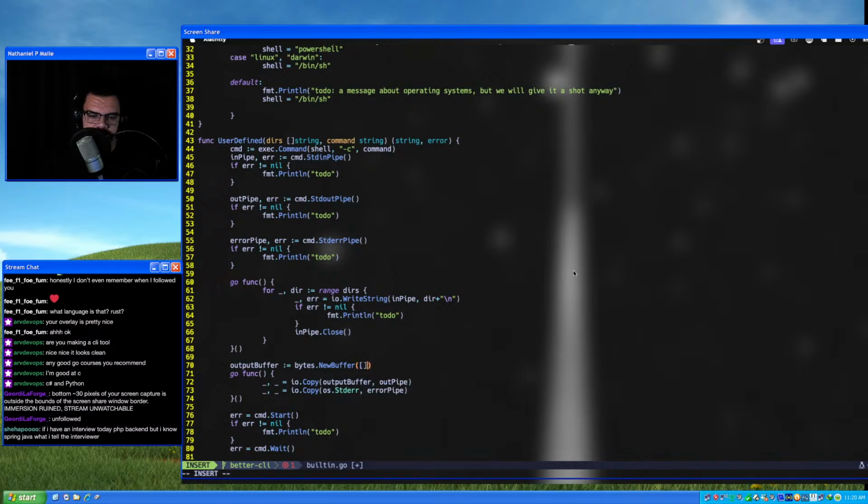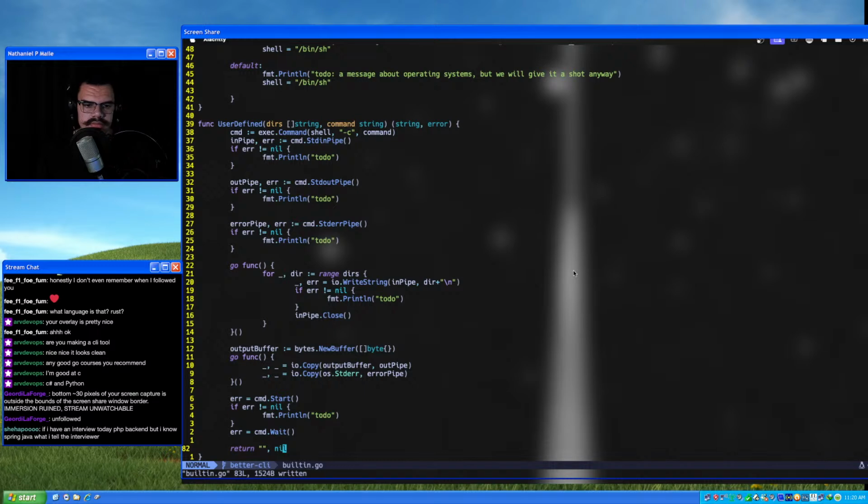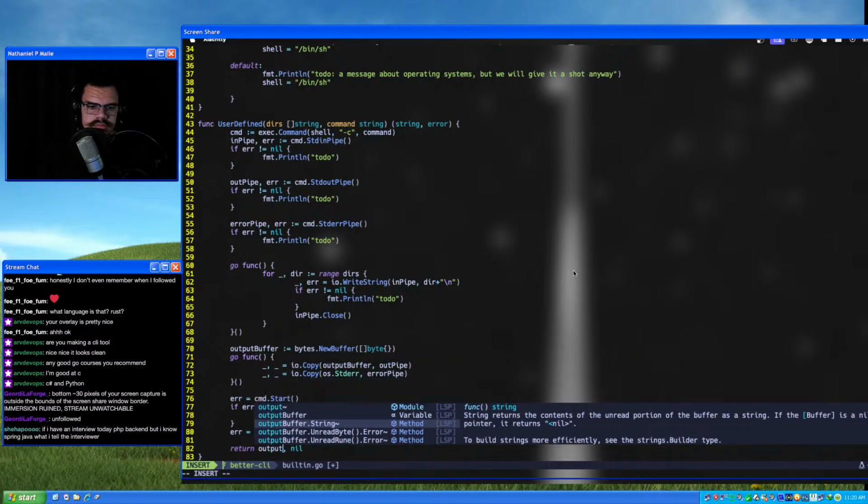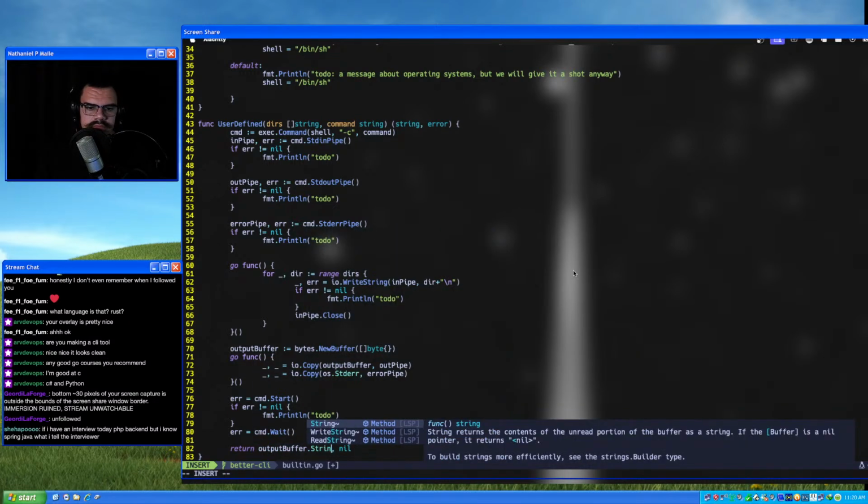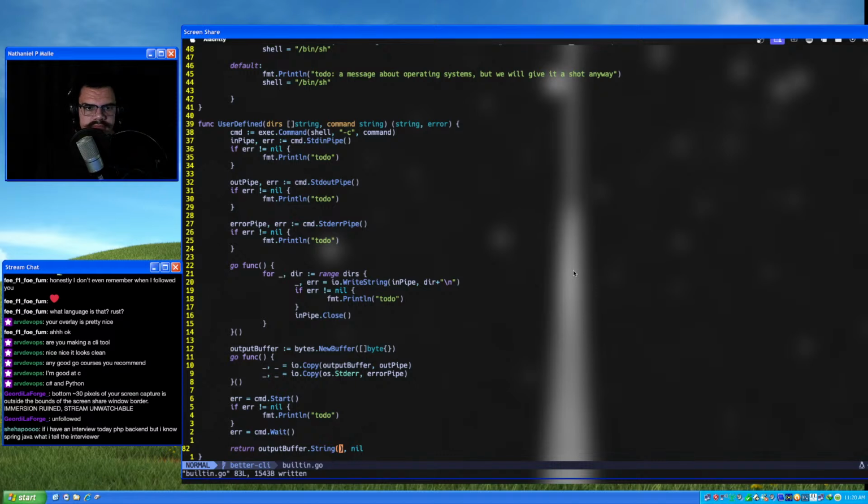Slice of bytes. I don't know where any of my keys are. There we go. Do that. And this should do it.